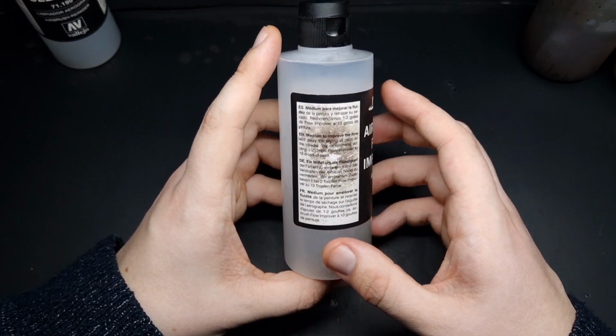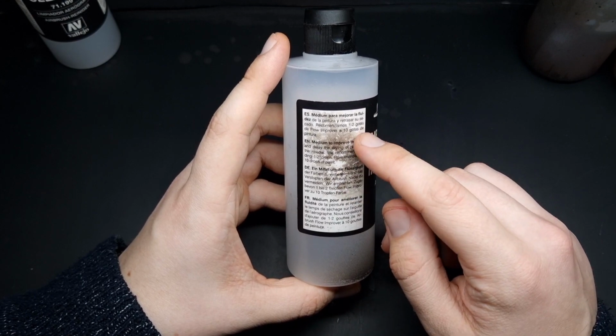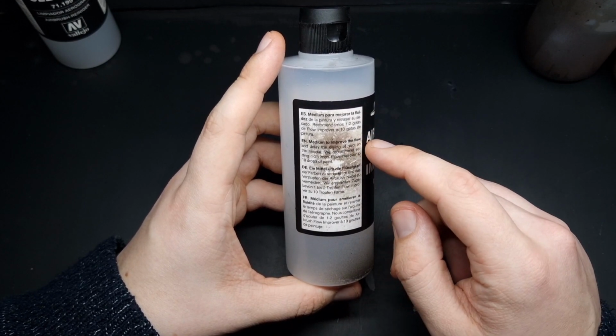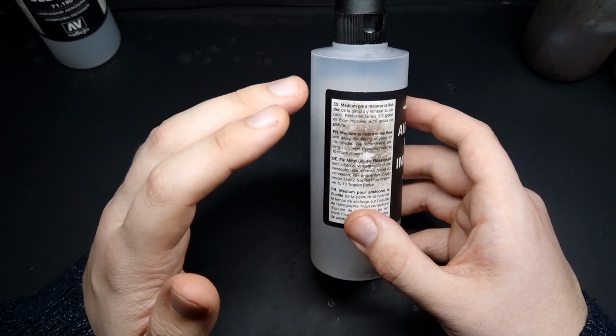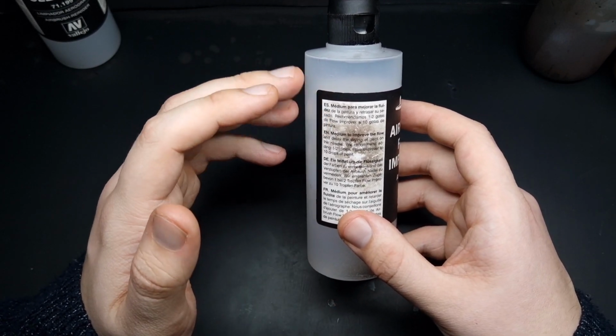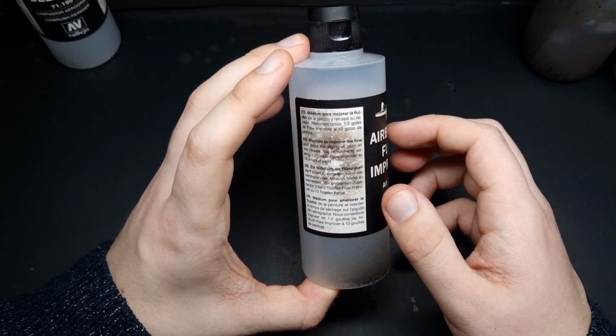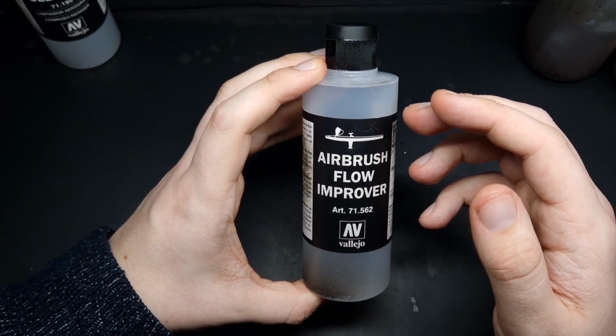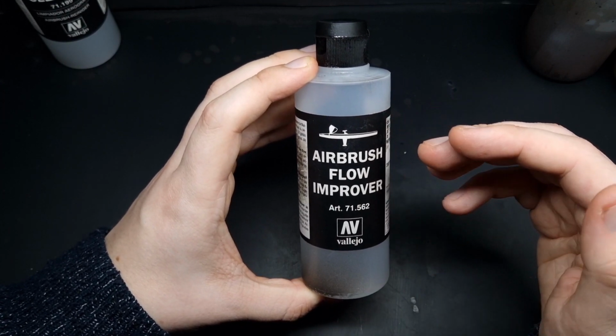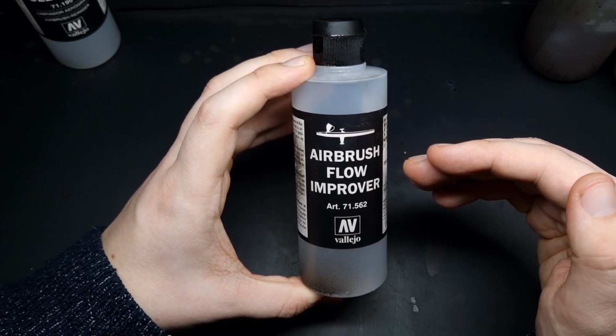Now on the bottles it will typically say something like 1 to 2 drops of this to a brush full or 10 drops of paint. I typically find that this is completely wrong, and 1 to 2 drops of flow improver to that much paint wouldn't really do anything. So honestly, just err on the side of doing too much flow improver, because if your